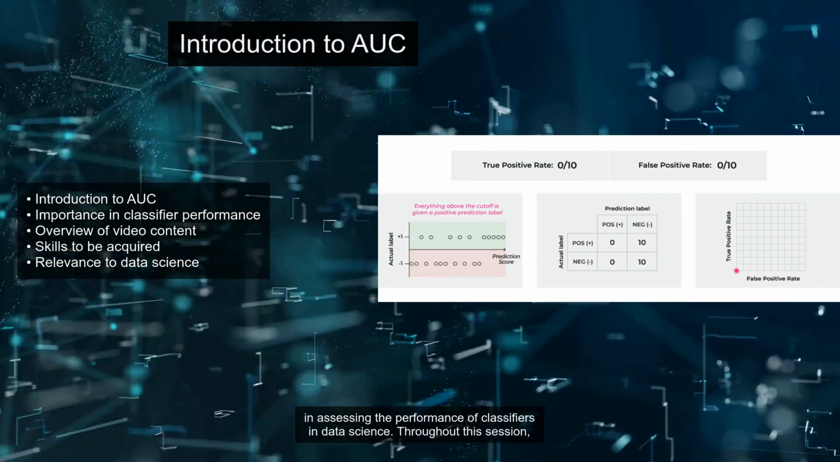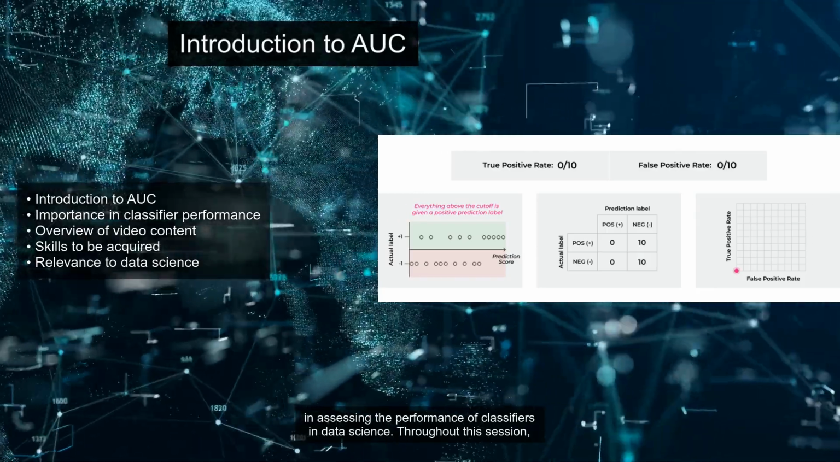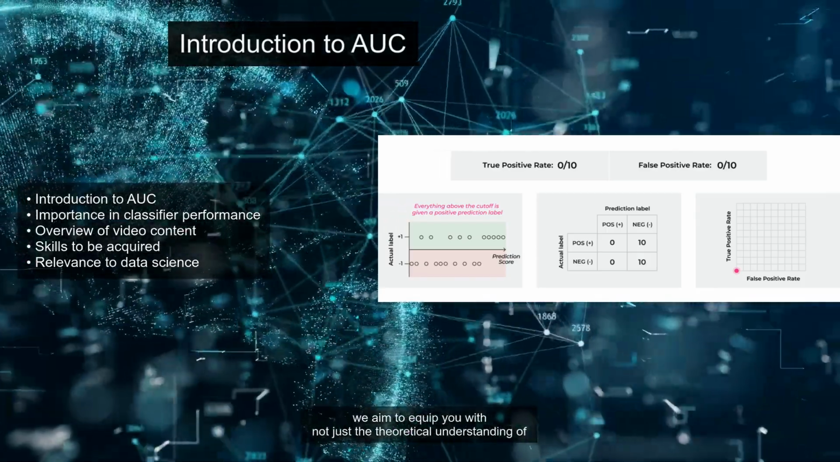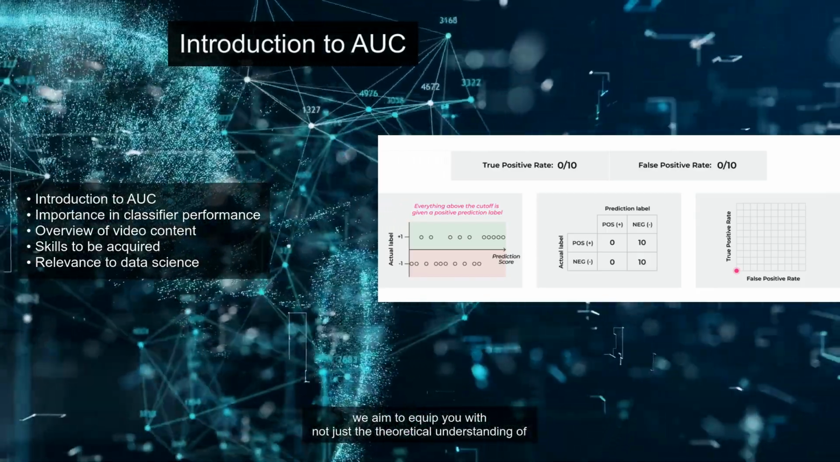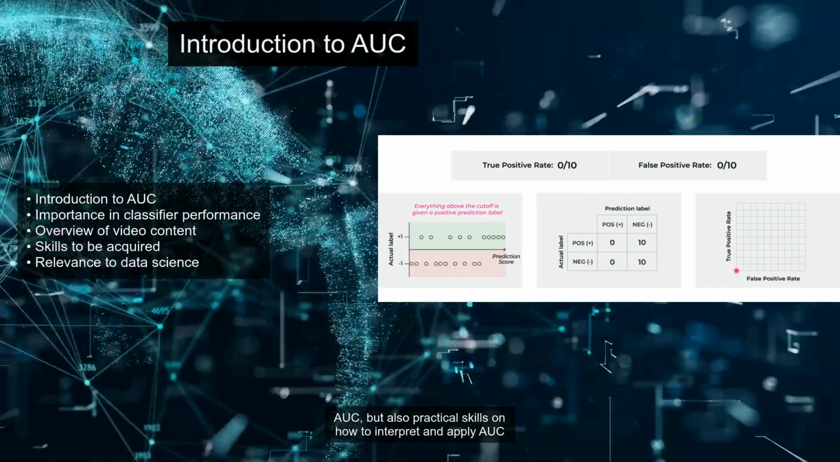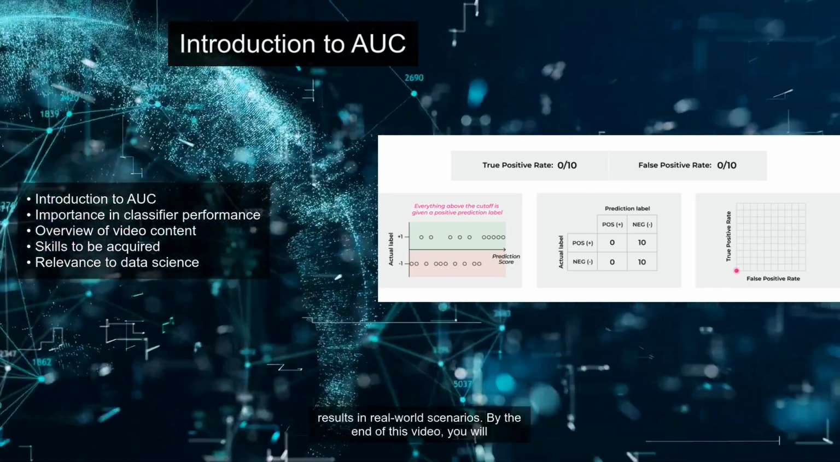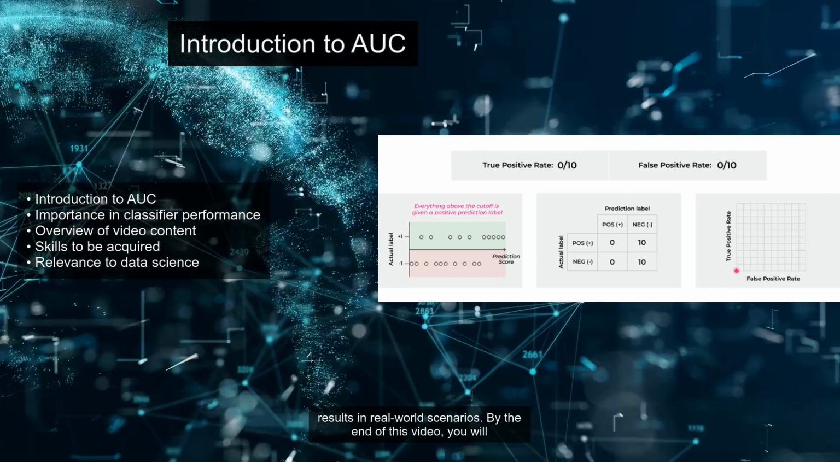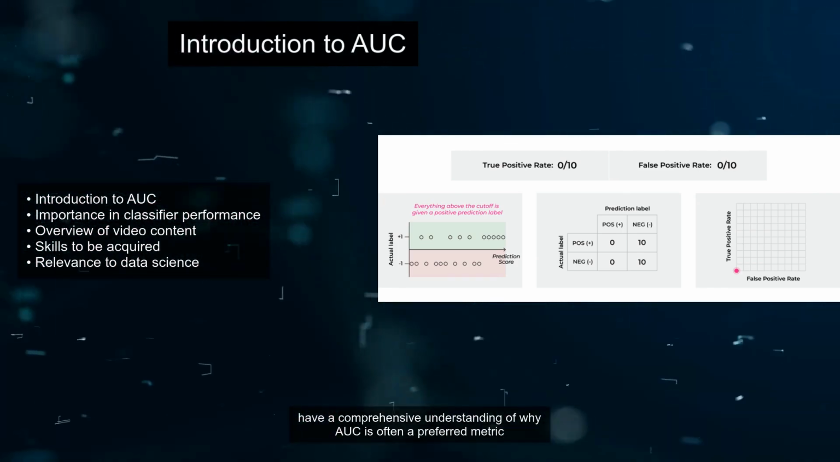which is a pivotal metric in assessing the performance of classifiers in data science. Throughout this session, we aim to equip you with not just the theoretical understanding of AUC, but also practical skills on how to interpret and apply AUC results in real-world scenarios. By the end of this video, you will have a comprehensive understanding of why AUC is often a preferred metric